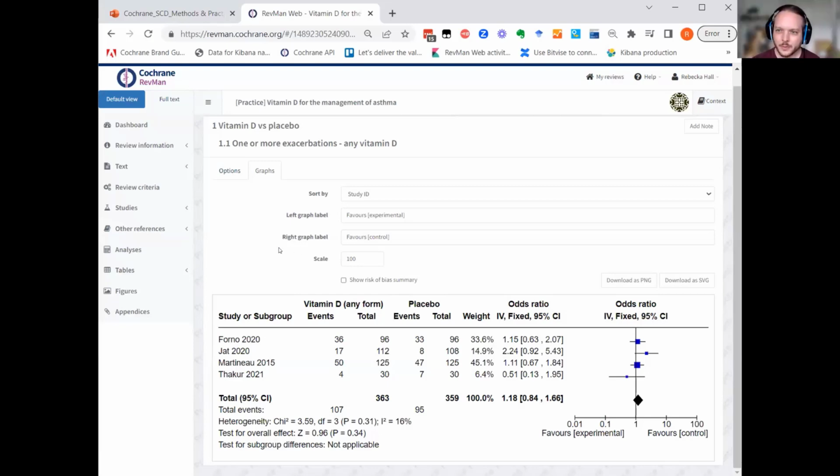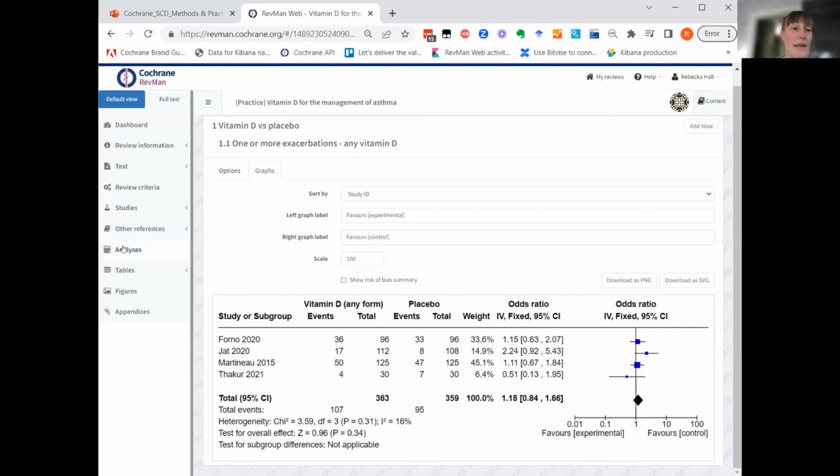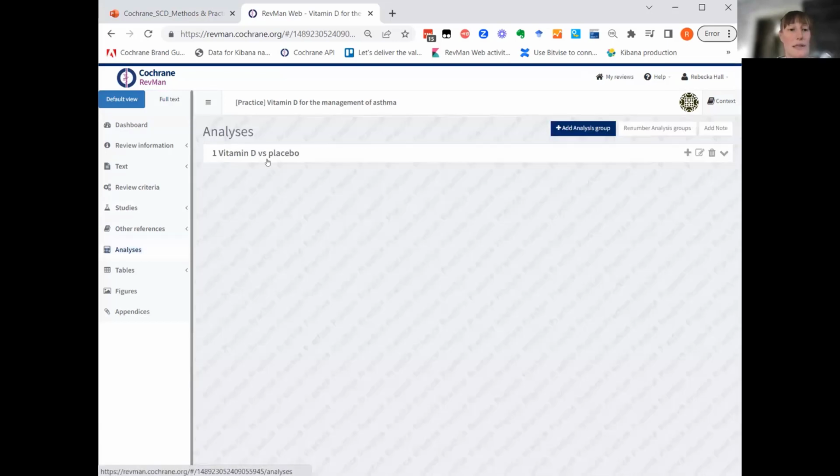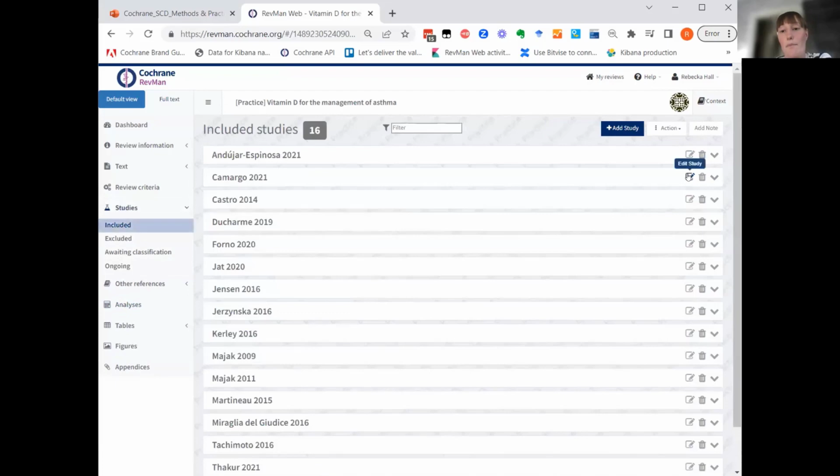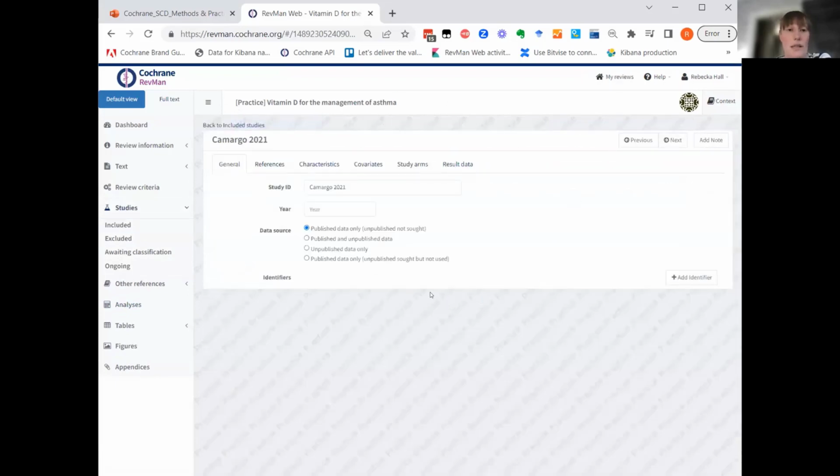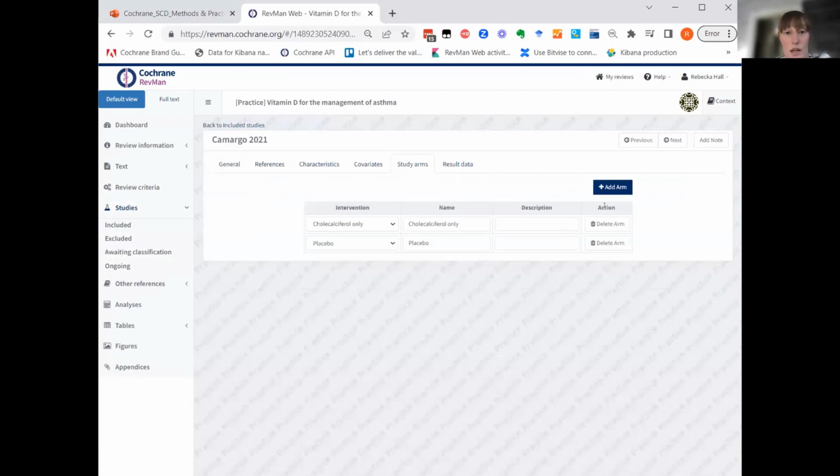Excellent. Okay, I think I'm going to stay with the theme of feature requests for a little bit. So there's a question: is it possible to do network meta-analysis with the new RevMan? So we don't have support for the network meta-analysis methods, and I think in the future we might not implement the statistical methods. However, the fact that we are storing the result data on the studies, and the fact that we now have this concept of study arms, means that we're a lot better prepared to, for example, import data and